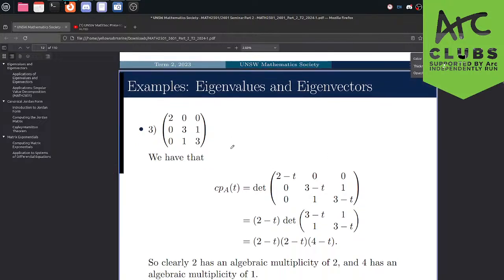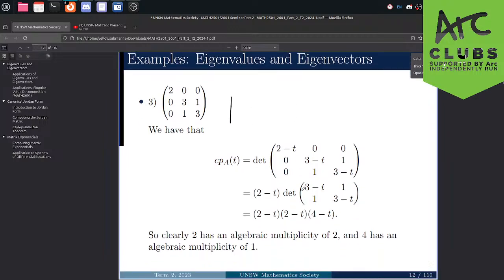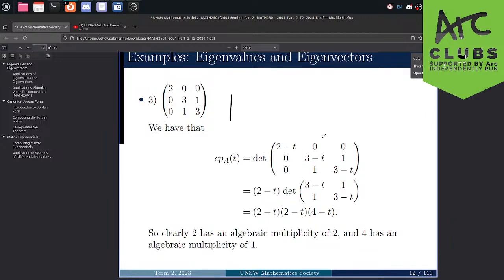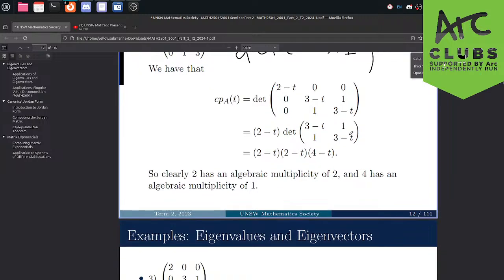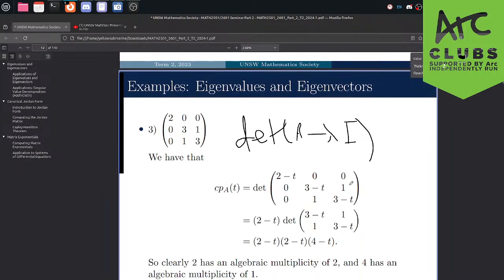So for the second question, this is not the only way to calculate the eigenvalues. And this only works for 2x2 matrices. For 3x3 matrices or more, if you remember earlier, the formal definition, you have to use the characteristic polynomial. So that's the determinant of A minus lambda I. In this case we use t instead of lambda, this is fine.